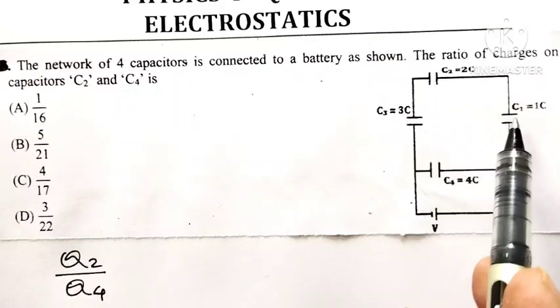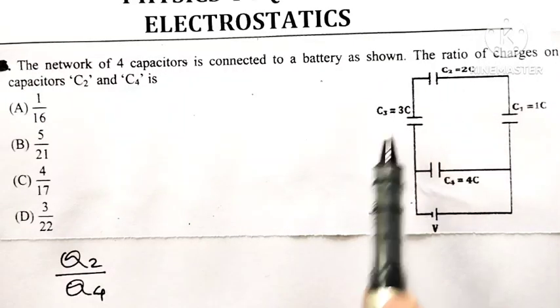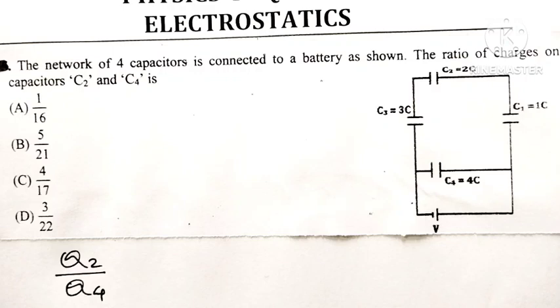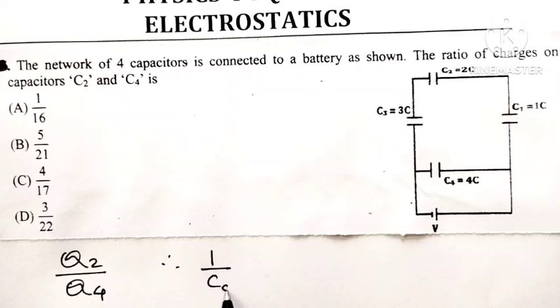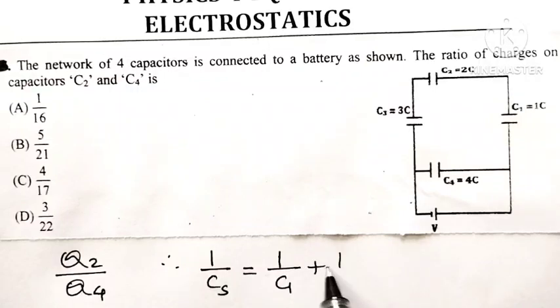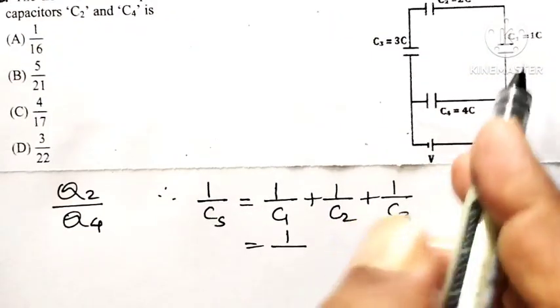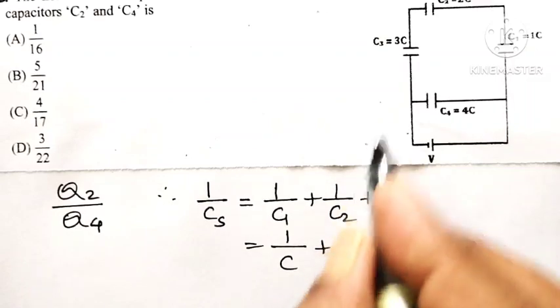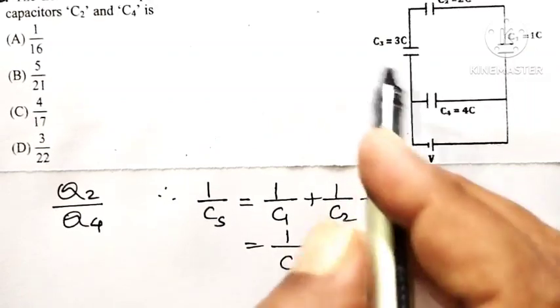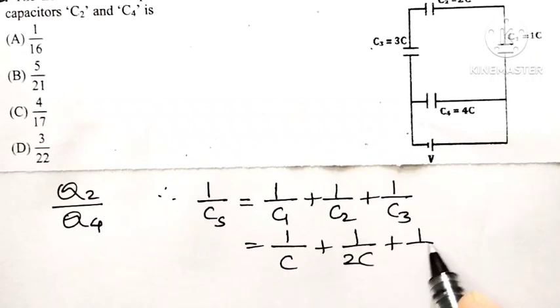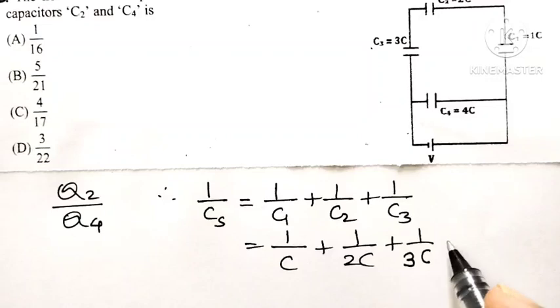So first look at capacitors C1, C2 and C3. They are connected in series, and when capacitors are connected in series, their effective capacitance is 1 upon Cs equal to 1 upon C1 plus 1 upon C2 plus 1 upon C3. What is the value of C1? The value of C1 is C, the value of C2 is 2C, and the value of C3 is 3C. So 1 upon C plus 1 upon 2C plus 1 upon 3C, that is equal to,